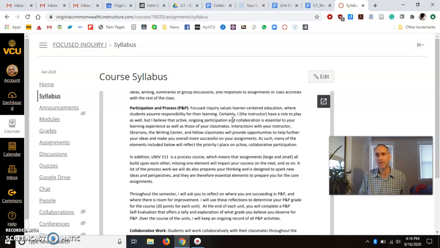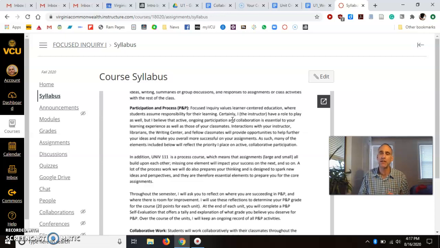This comes back to the process thing I was just talking about. Even though it's online, your participation is required, both for your own learning. When you are engaged and involved in something, you tend to take it more seriously and care more about it. But also because we need to benefit from your fine ideas, and that's where the collaboration comes in.